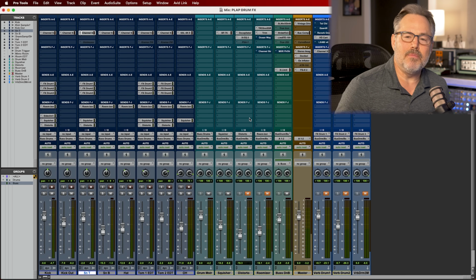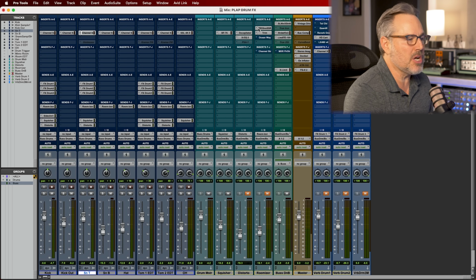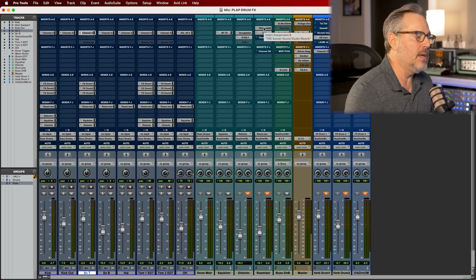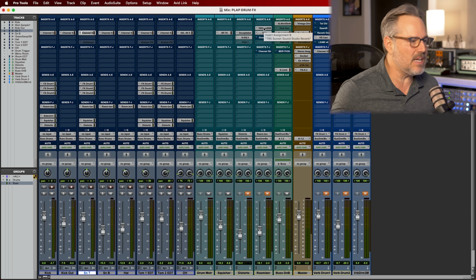So number one, if we do not have drum room captures, maybe you record your own drums and you're in a small room or something like that, one of my favorite things is to create my own fake room. The way I do that is, there's a couple great plugins to do that kind of thing. And instead of going with a digital reverb, like a Lexicon 480 or a Bricasti or something,